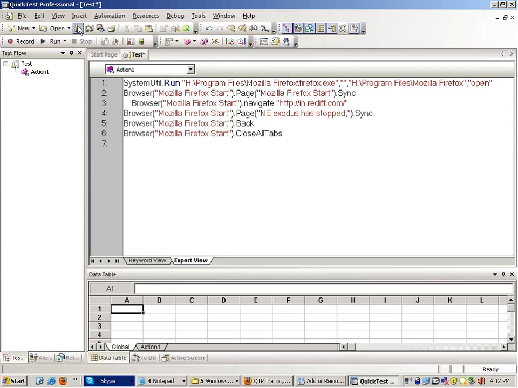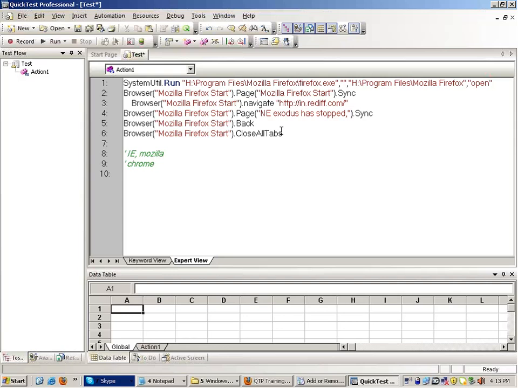Now there are some rules for recording web-based applications as well. The first rule is that QTP will work on these browsers: Mozilla. Record and run will be supported by Mozilla, and in Chrome only run is supported. The support for Chrome was just introduced. You can record the script in Mozilla, and you can run the script in Chrome.